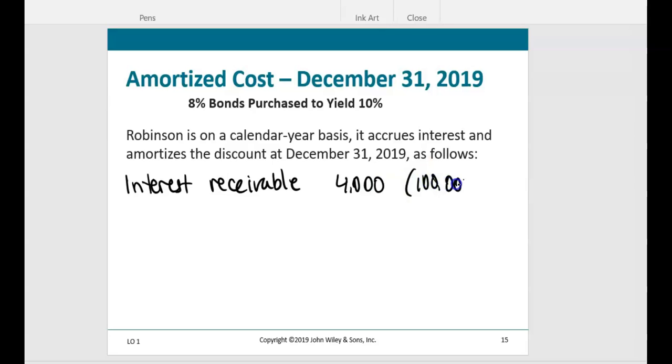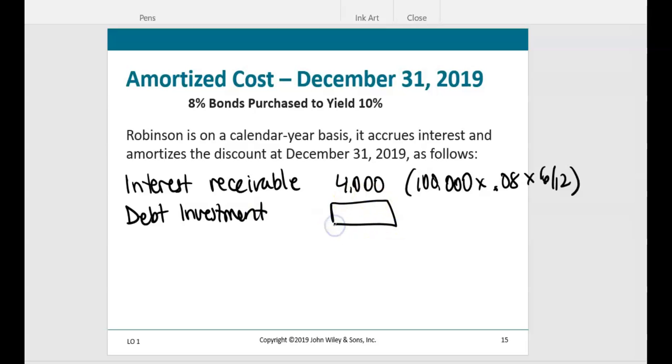Face value of 100,000 or principal of 100,000 times the stated rate of 8% for half a year. We're going to record the reduction of the discount, which is going to increase our debt investment. We're going to determine that number last. And finally, we are accruing for the interest revenue,